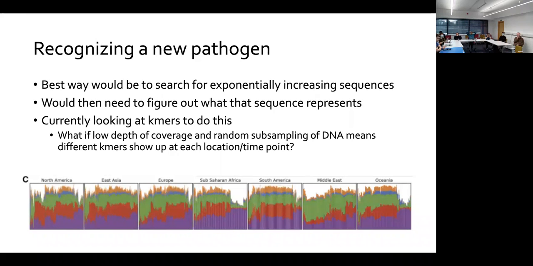But say you were looking for the next COVID, the next thing that you don't necessarily know that you're looking for, how do you know when you found it? How do you flag something concerning? The idea that's been put forward is to look for an exponentially increasing k-mer. So just a shred of sequence that wasn't around much before, and then is suddenly showing some kind of exponentially increasing pattern. If you did that and you had some sort of event flagger that said something is increasing exponentially, you would then have to figure out what it is and what you should do about it,